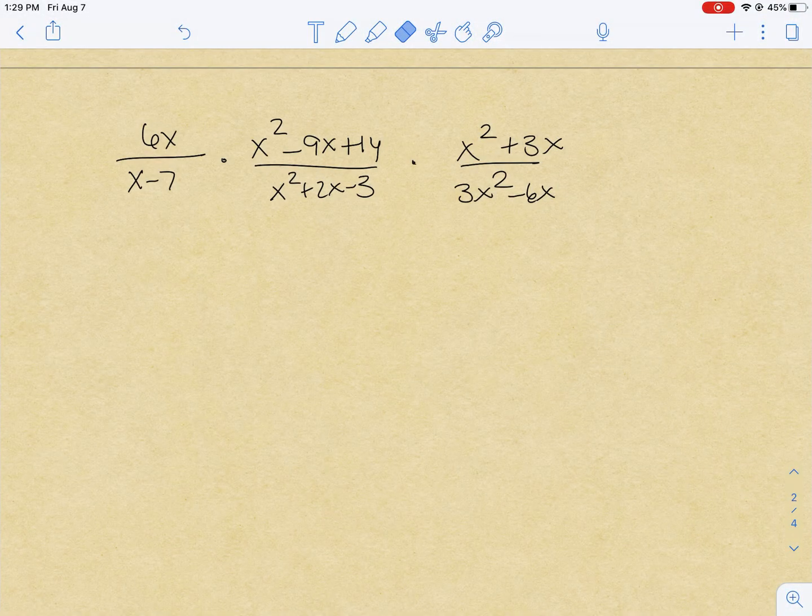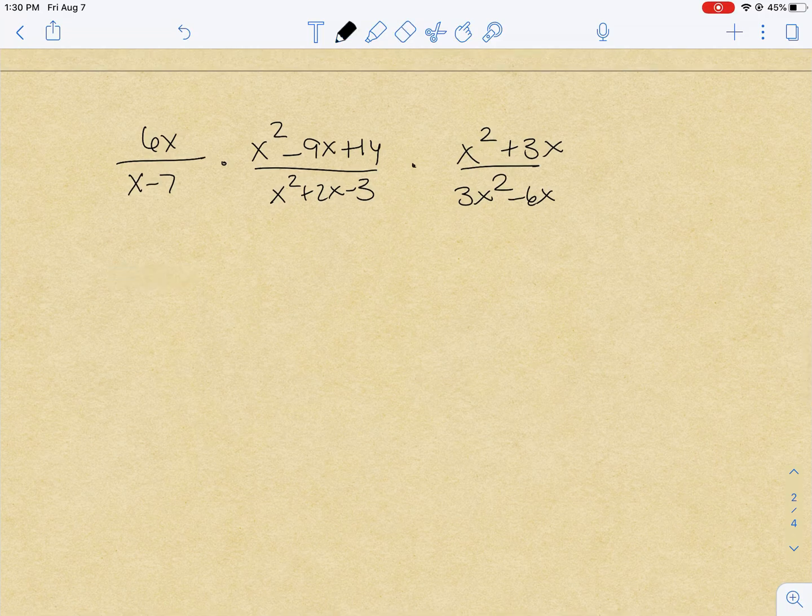Okay, in this example, we're going to look at multiplying again, and this time we're going to extend this to polynomials, or binomial, trinomial types. It still follows the same rules. Look at the ways you can factor each part of the fraction, and then see what we can simplify and talk about our domain. So in the first fraction, there is really nothing I can do with 6x and x